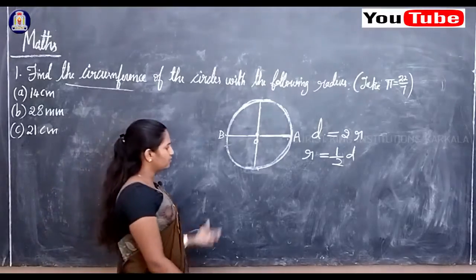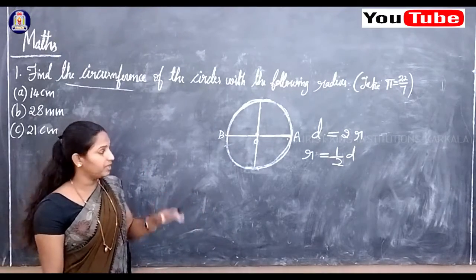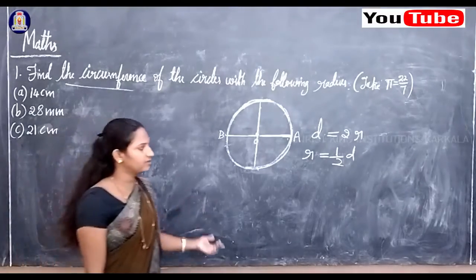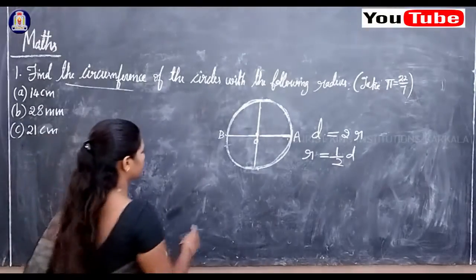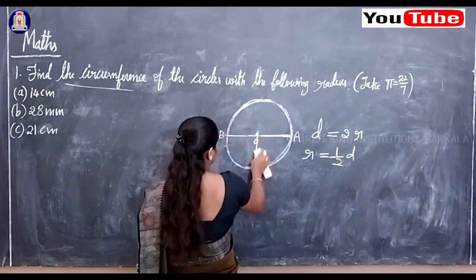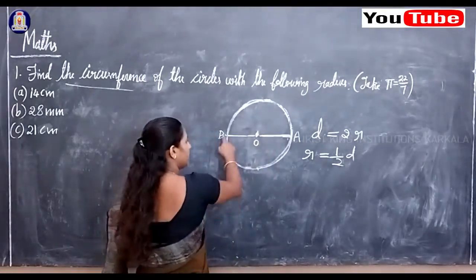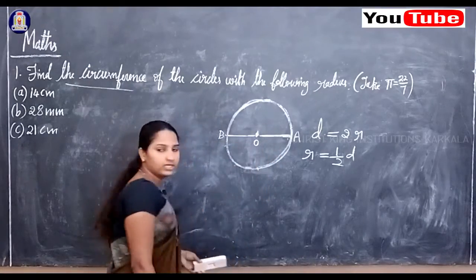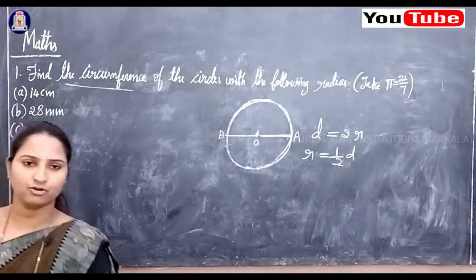Now, we'll study in the higher classes minor arc, major arc, and sectors. Chord, all this we'll learn in higher classes. So we'll see now. First, understand which is the diameter and radius of the circle. This is basic. So O is center of circle, AB is the diameter, and OA is the radius, and OB is also the radius of a circle. Okay, we'll see the question now.